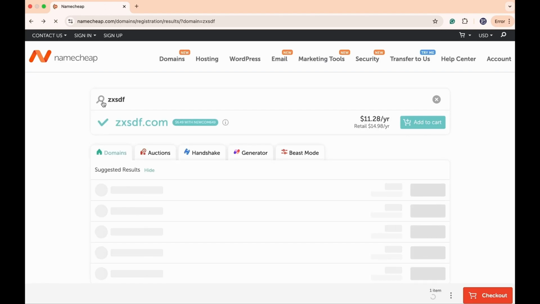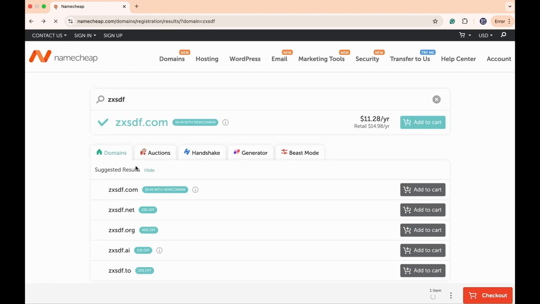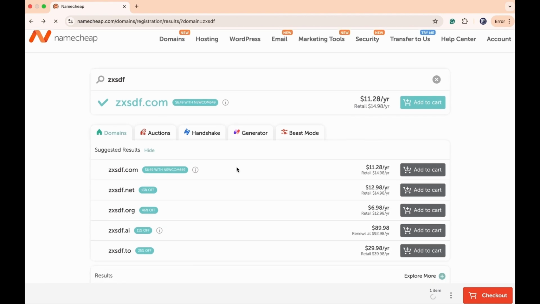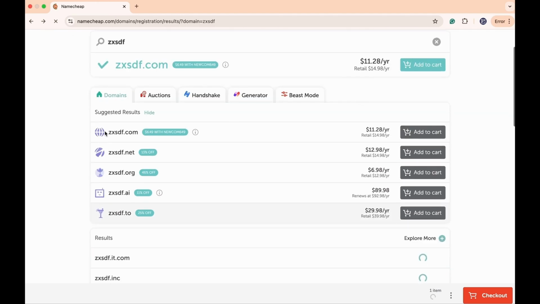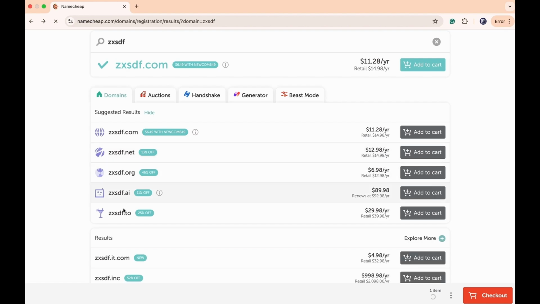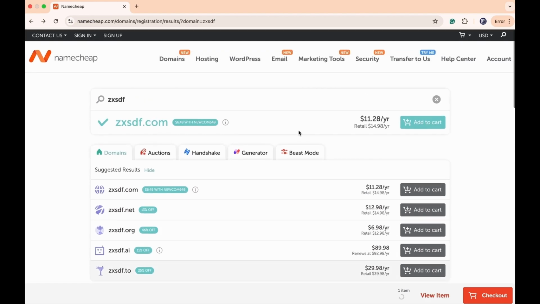Alright, now we can see our domain is $11.28 for a year, along with the different variants and their prices. So you can choose any one, like .com, .net, .org. They have different prices, and I will go with the .com. Add it,